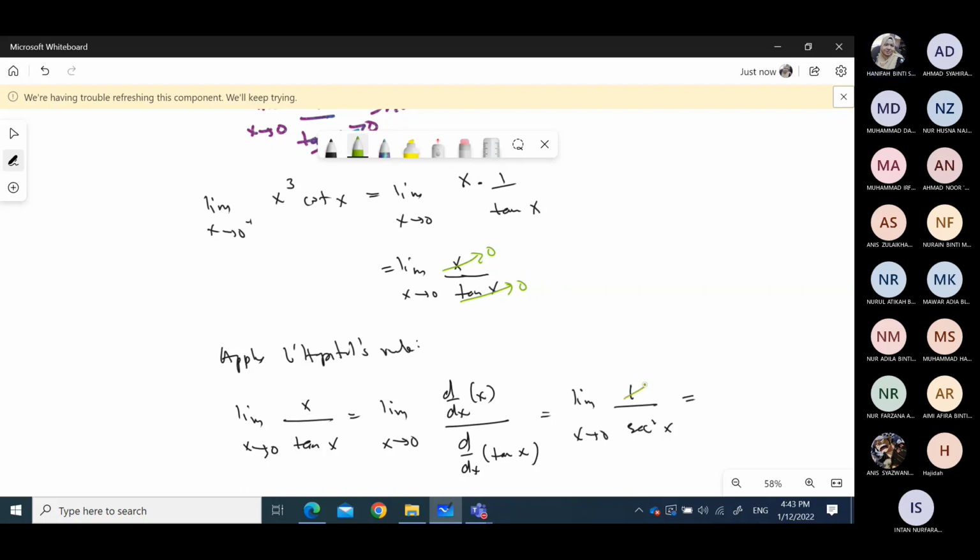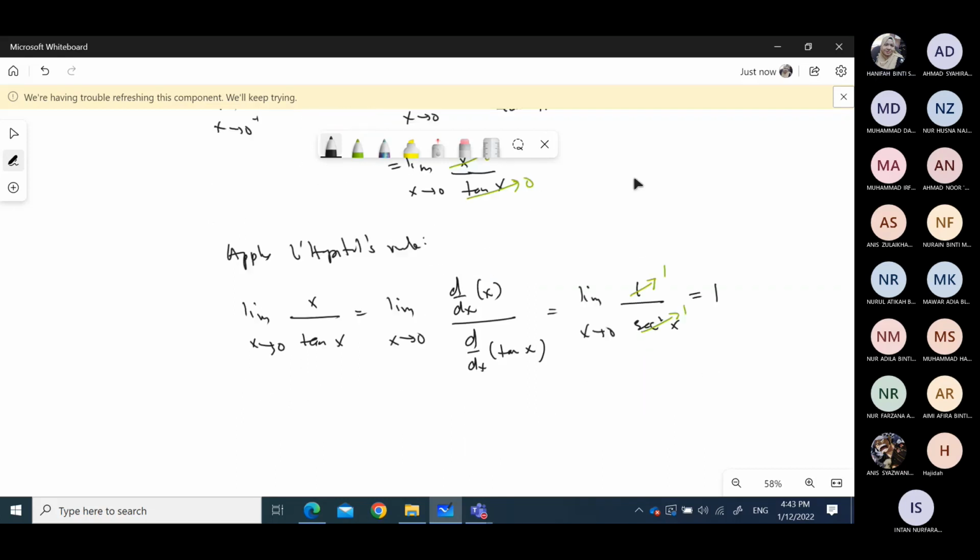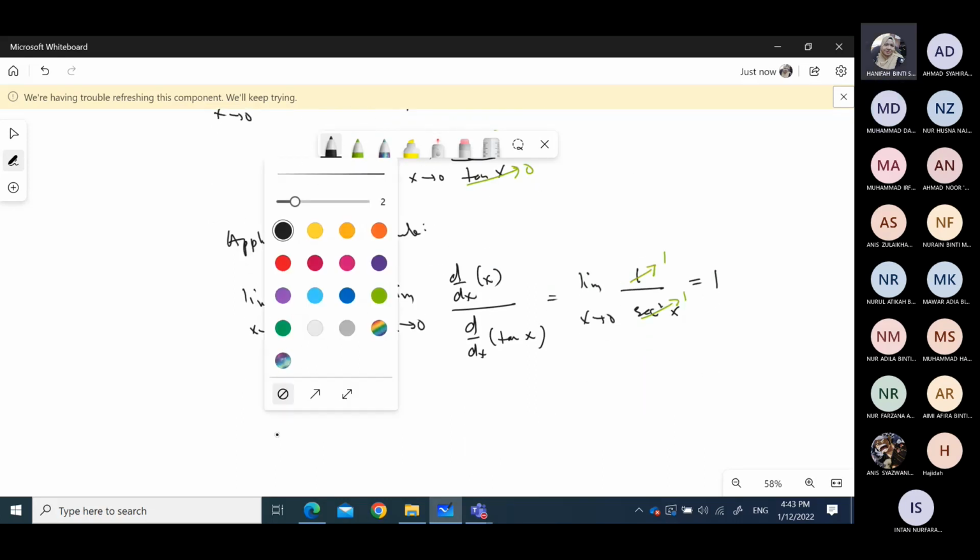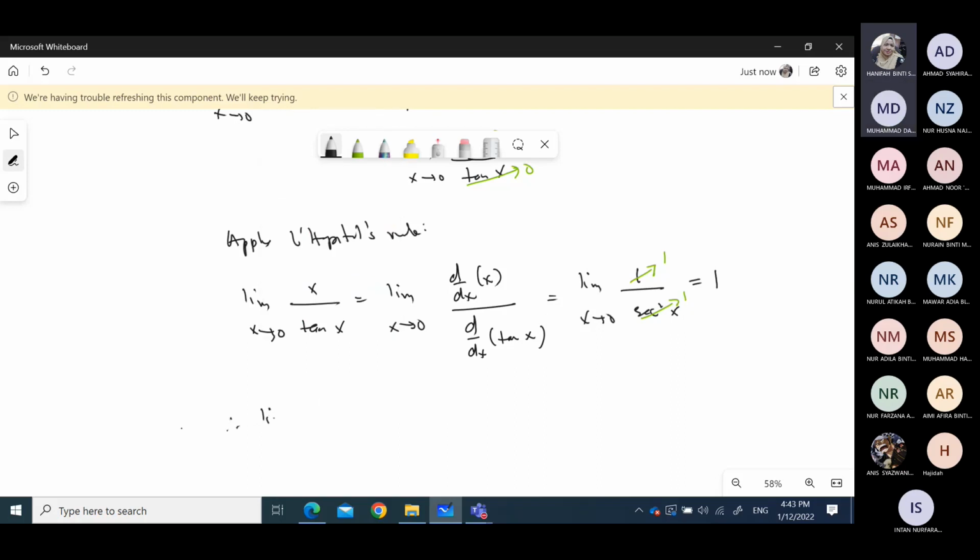Berapa jawapan dia? So secant x is also equivalent with 1 over cosine. So 1 over cosine of x. So x is approaching to 0, 1 over 0 lah. Sorry, 1 over cosine 0 is 1. Okay, cosine 0 is 1. So 1 over 1 is, so this one is also 1. Betul tak jawapan dia 1? 1. Betul. Betul. Okay, so therefore limit x approaches 0 for